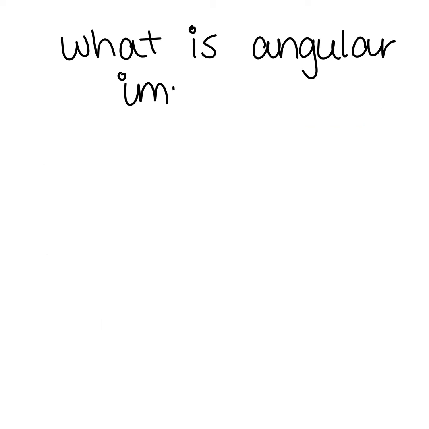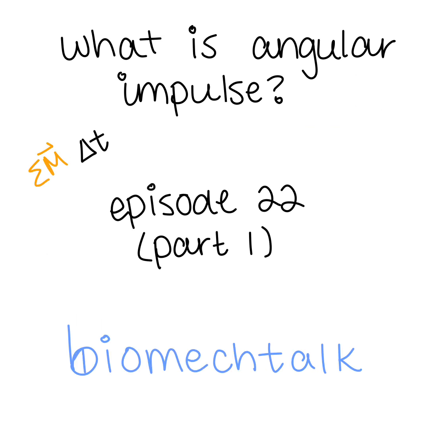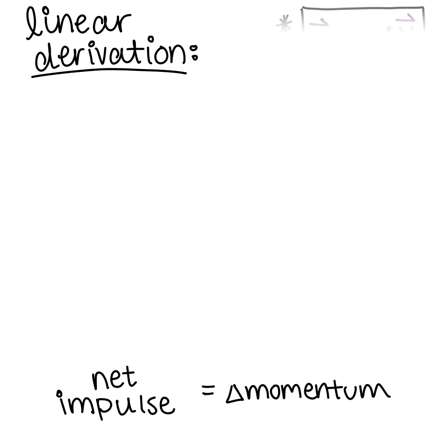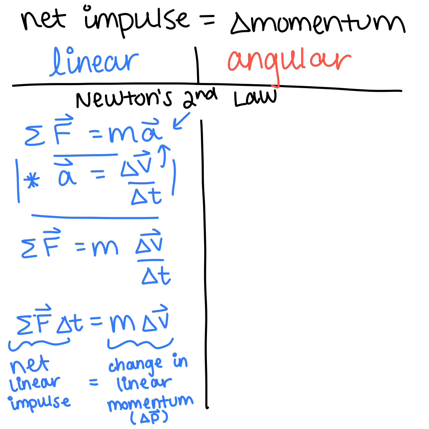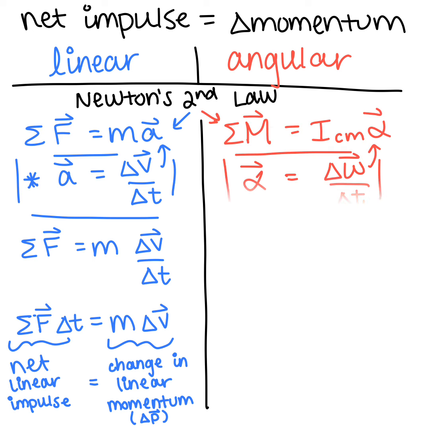What is angular impulse? Episode 22, Part 1 of Biomech Talk. In a previous episode of Biomech Talk, we did the linear derivation of the net impulse equals change in momentum relationship. But this relationship of net impulse equals change in momentum also has an angular counterpart, which can be derived